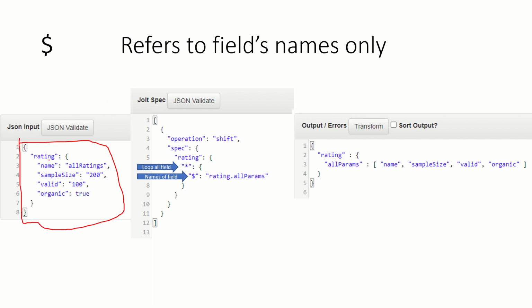Only one node, rating. Inside that we have four different nodes: name, sample size, valid, organic, all this thing. So in my shift operation, in my specification, I am saying that go into rating, iterate over a field because it is asterisk. So iterate over all the fields, this all field 1 2 3 4,